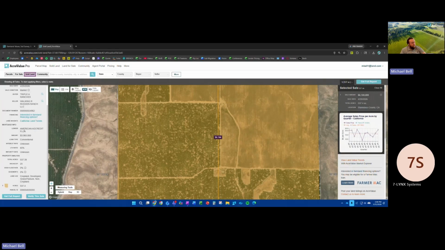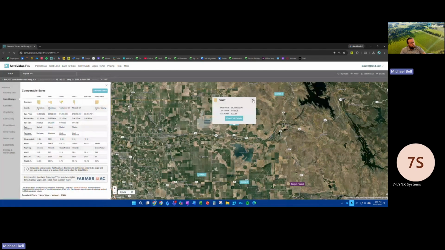So if it's not a cash sale, we can take a look at the lender, the mortgage amount. If there's a maturity date, that would be listed in here as well as an interest rate. And then your LTV ratio, which is your land to value ratio. So going back to the report, again, you can do this with any of the comps here and adjust the